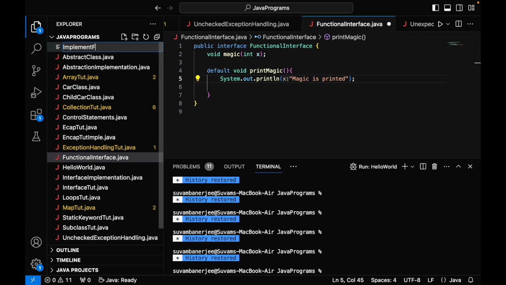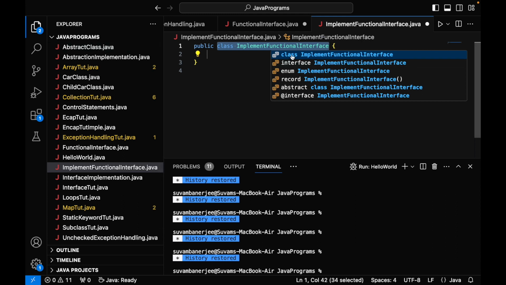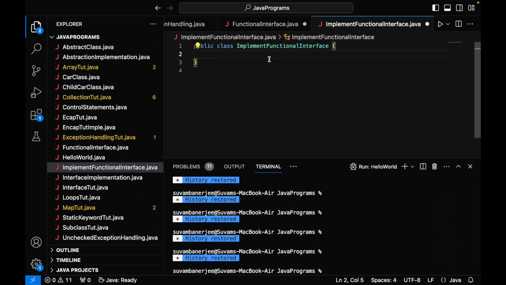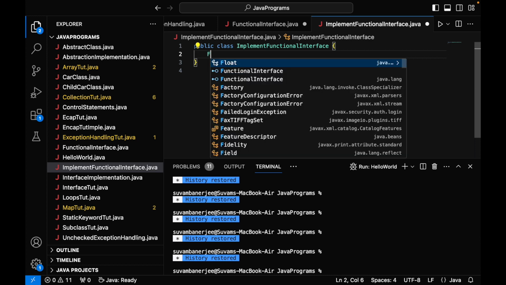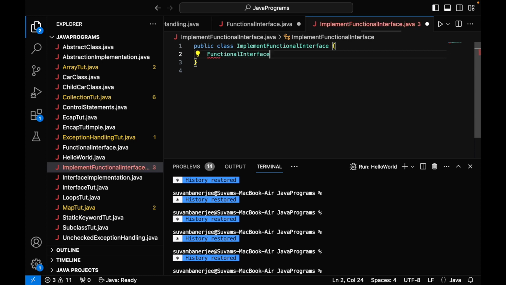Implement functional interface. This is a class. Now if we directly do it like this, functional interface,